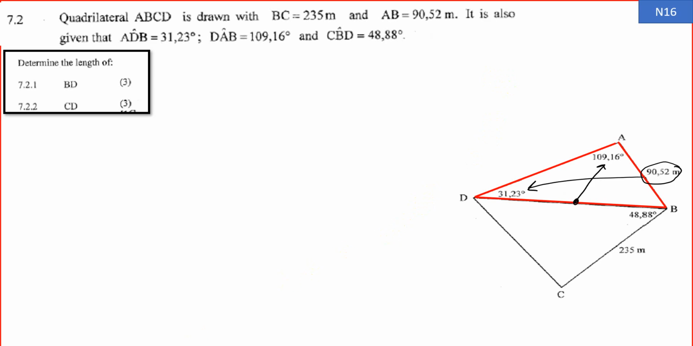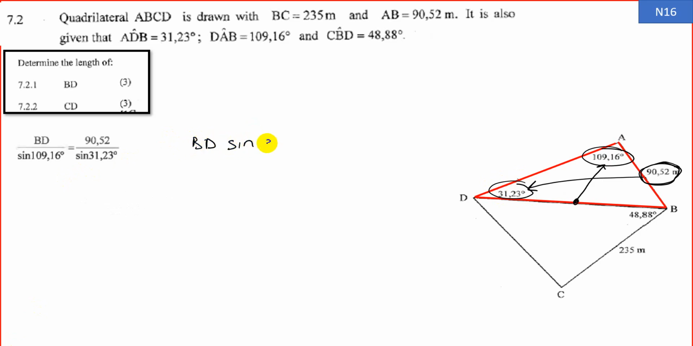So we're going to start with what we're going to find. And we will say BD over sine of 109.16 is equal to 90.52 over sine 31.23. So we are using the sine rule. And before we go to that step, we can cross multiply. And if we cross multiply, we have BD